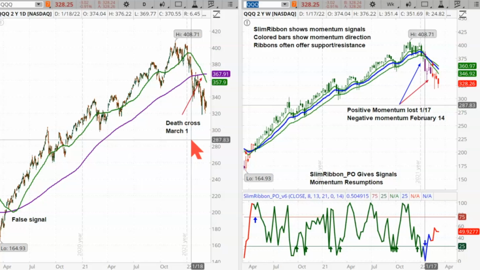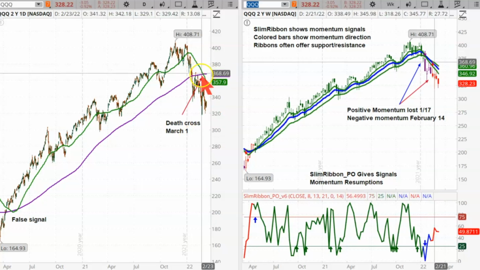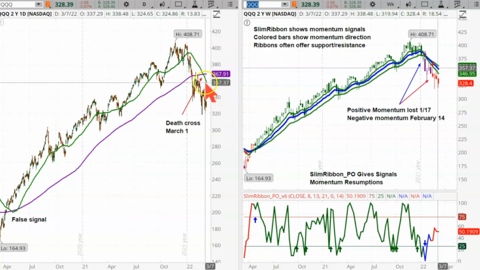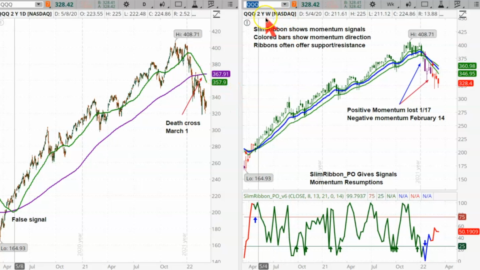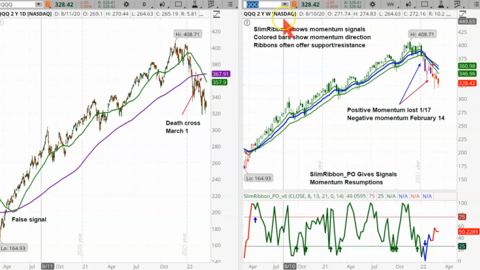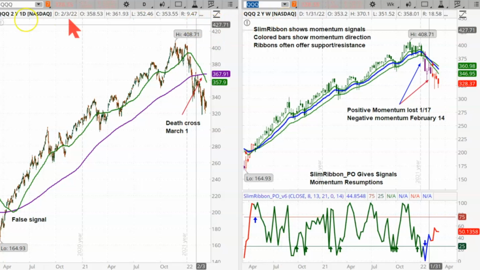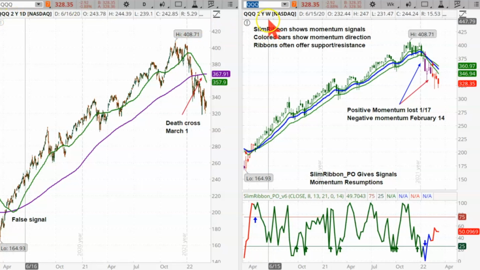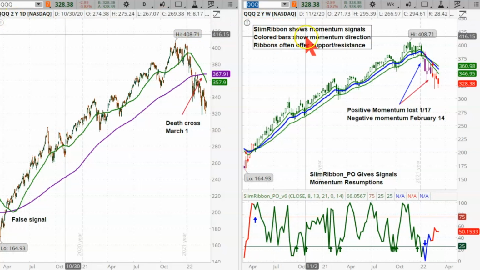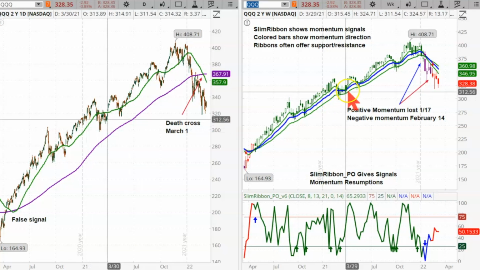Is that the kind of information you want? Is it fast enough, and is it consistent enough? Do you know what to do once you get a death cross? Here, I'm going to compare that to a 2-year weekly in the NASDAQ. So we're looking at a QQQ 2-year daily and a QQQ 2-year weekly, using the slim ribbon